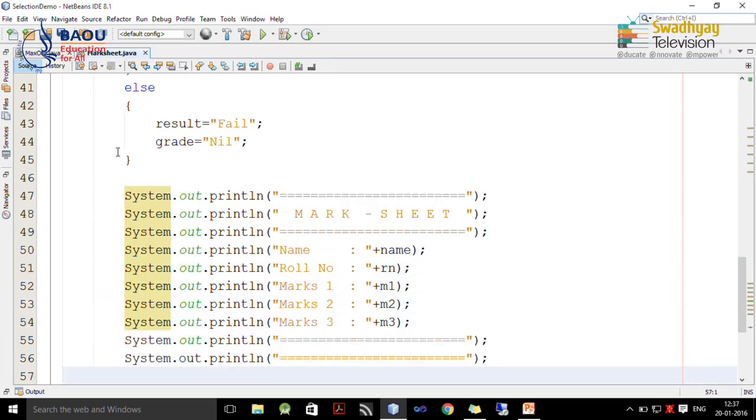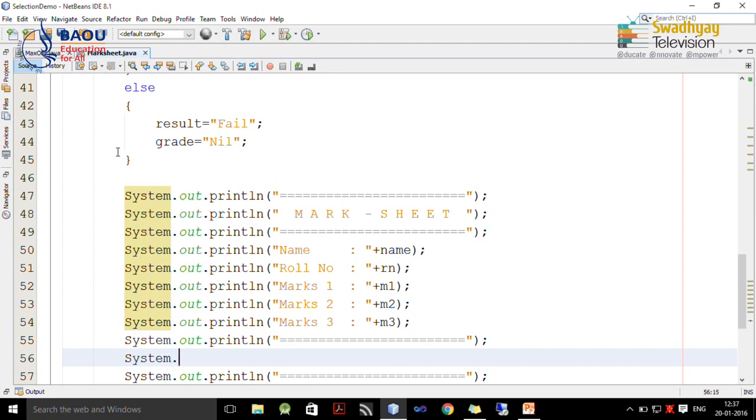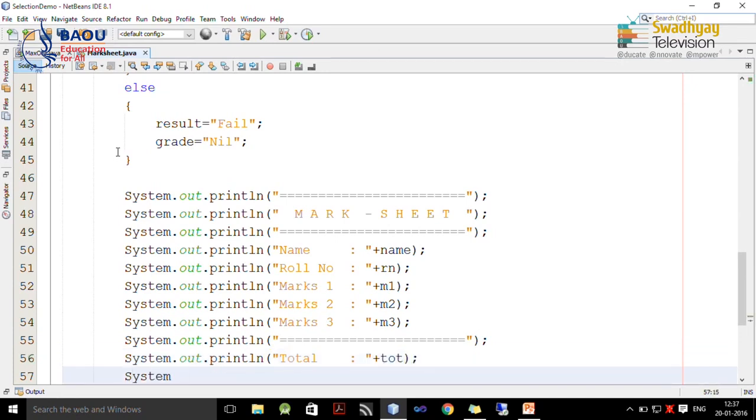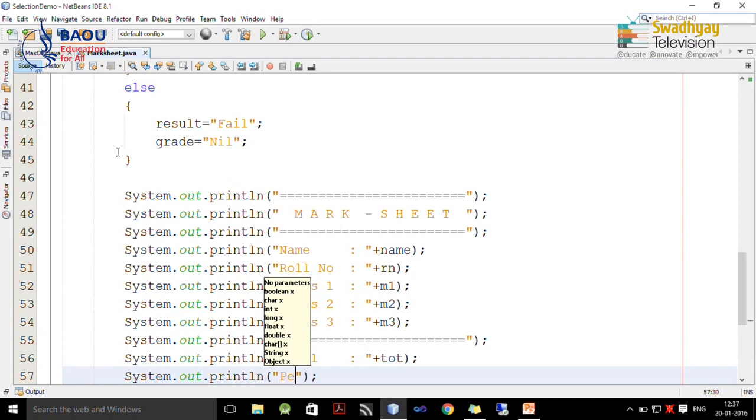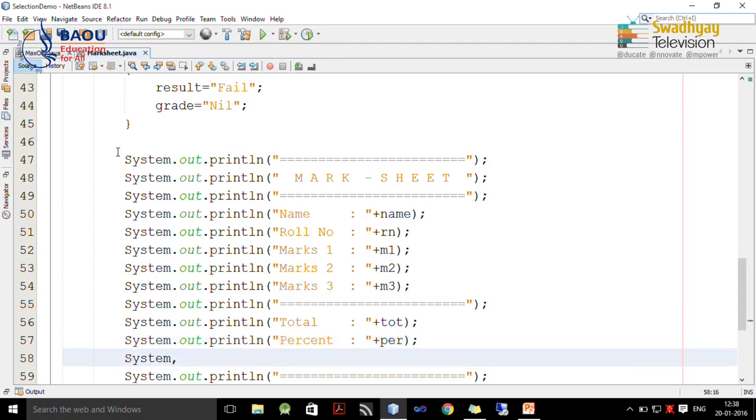Now, we want to display the calculated values. So, I write down, first I display total. So, total is stored in TOT, then I display percentage, which is stored in this variable, and we also display result and grade.